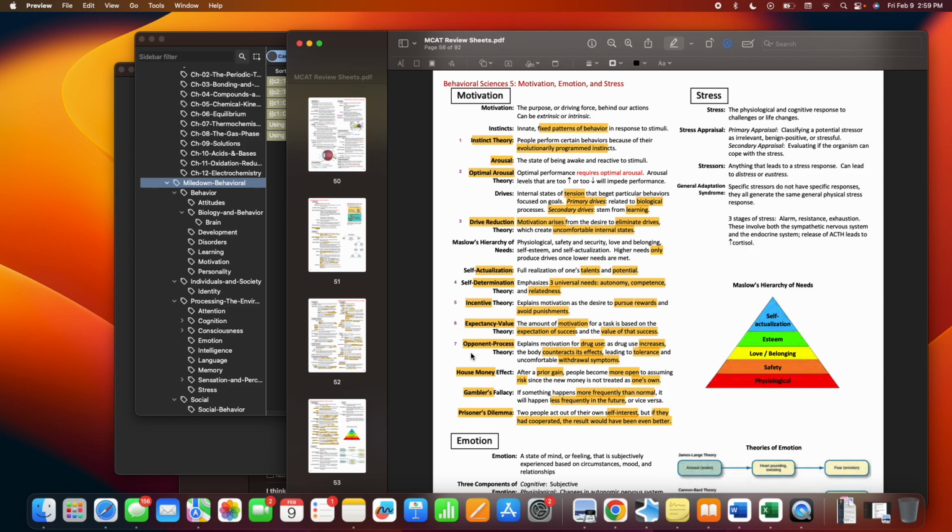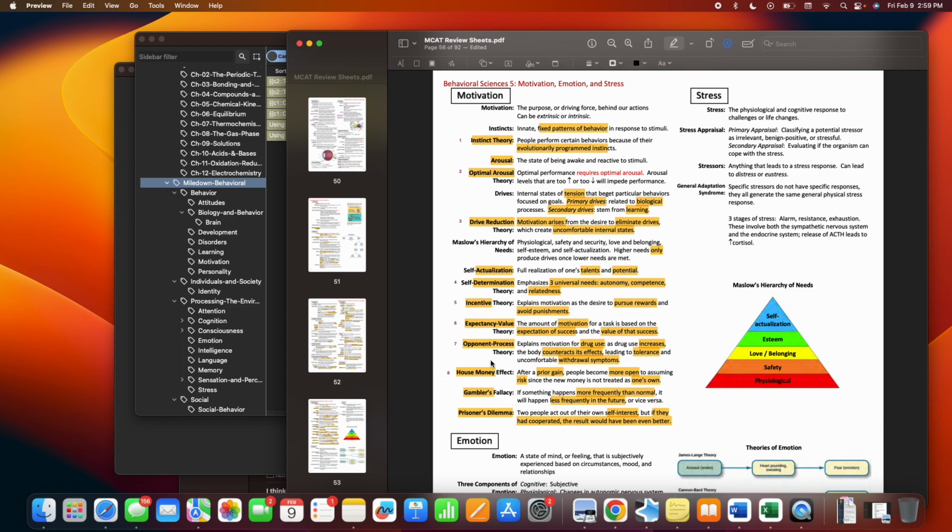We have opponent process theory. That's the explanation for drugs. So that explains the motivation for drugs. It has a tolerance effect, and it produces uncomfortable withdrawal symptoms. And the house money effect